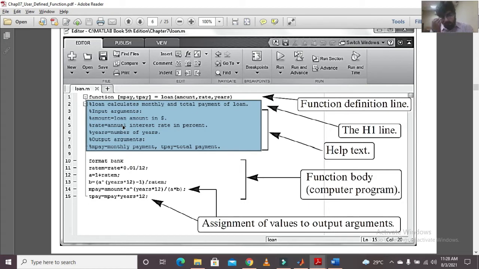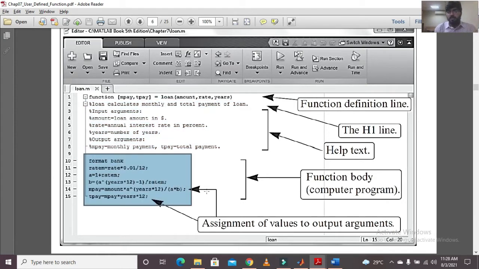After the H1 line and help text, we basically have the function body. This is where the calculations will occur. It may contain some calculations, conditional statements, or iteration loops.